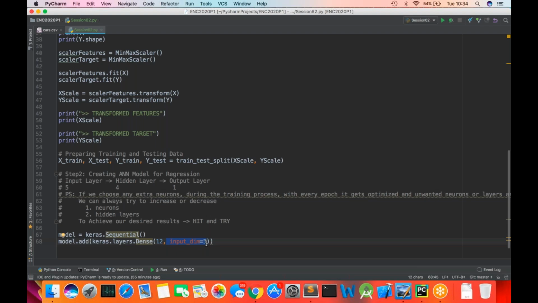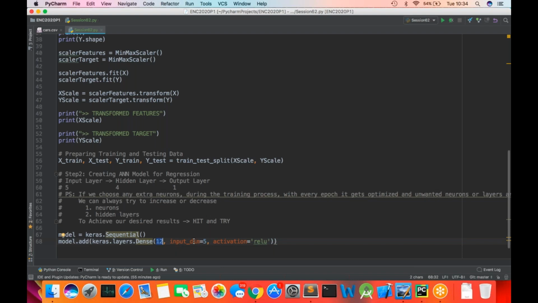And the next part is your activation function. So I'm writing this as rectified linear unit, or ReLU. So guys, you put 12 here, you put 20 here, but over the epochs this is going to be automatically